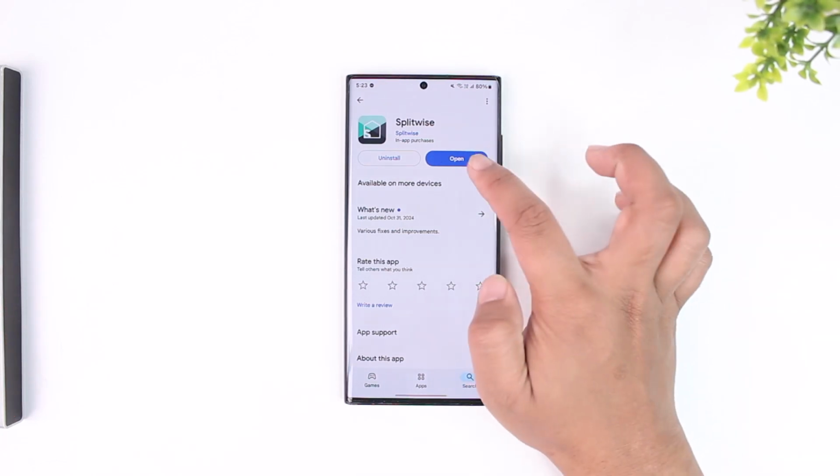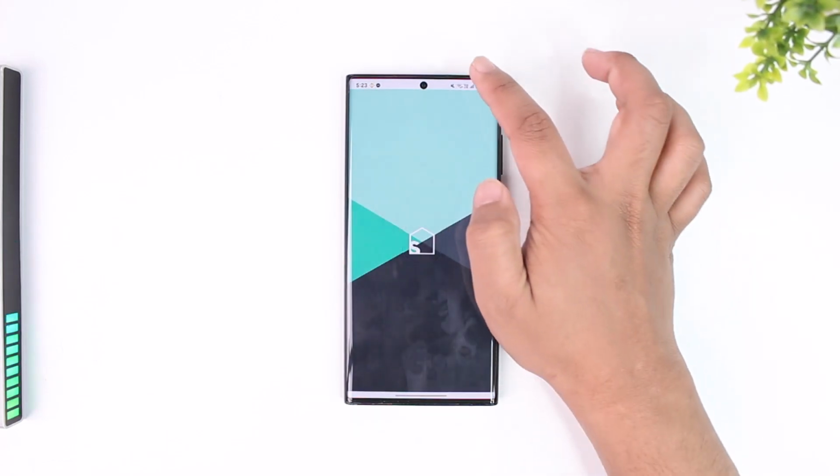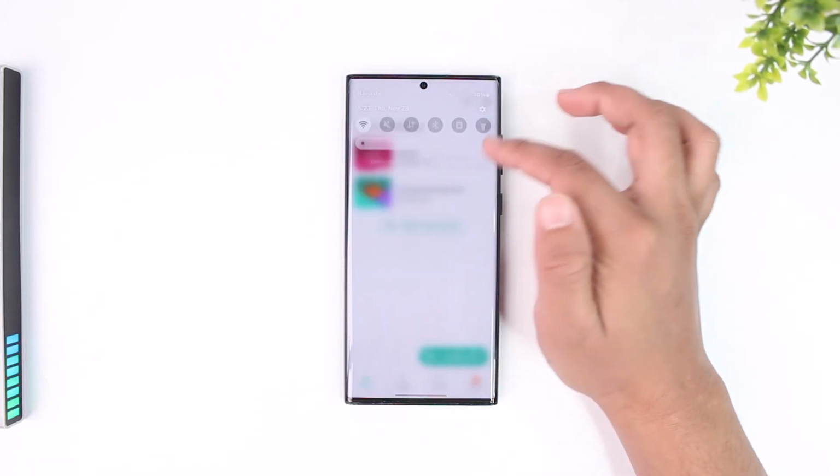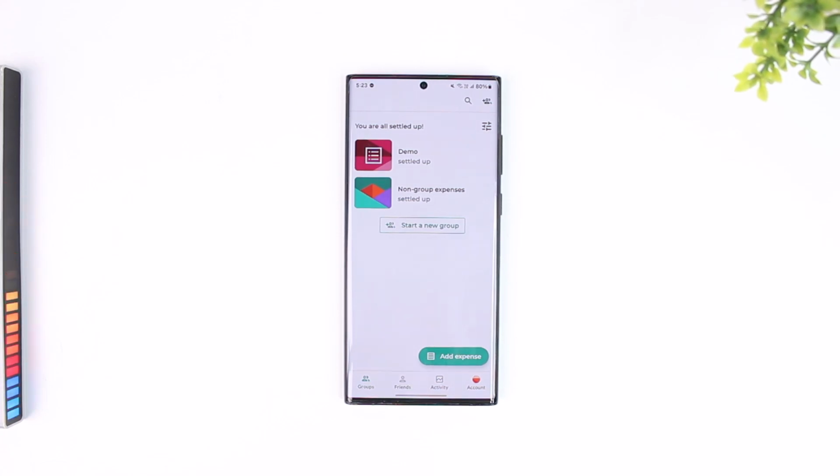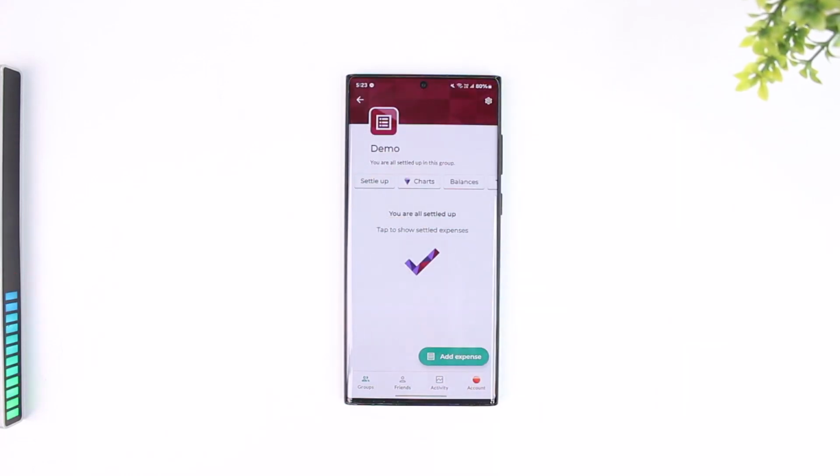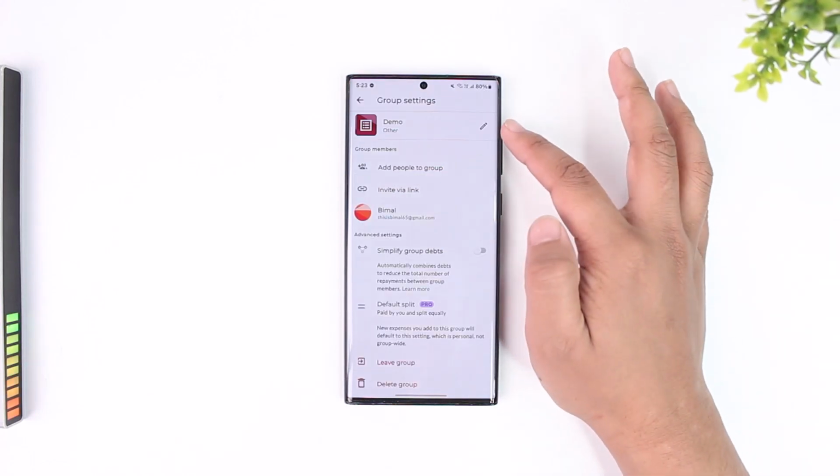All you have to do is launch the Splitwise application that you'd be able to find here, and make sure that you are logged into your account. After you are logged into your account, over here this is the interface. You want to simply go to a group that you are a part of, but would like to leave. After that, tap on the gear icon or the settings icon located at the top right hand side,